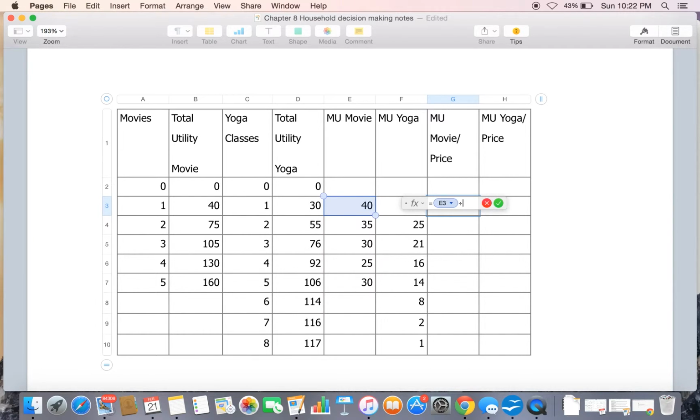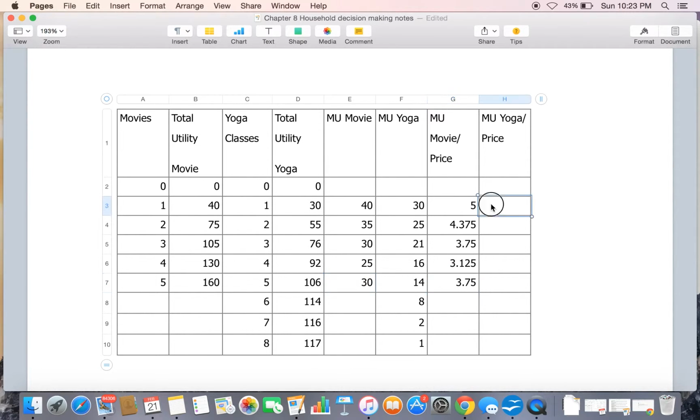So we know that movies cost $8, so we're going to divide the marginal utility of the first movie, the second movie, through the 5th movie by the price of movies. And we see that that first movie is giving us 5 utils per dollar spent. So when we're sitting through the movie, it's an eighth over. We have gained 5 utils of satisfaction on that first dollar. However, when we're watching the 5th movie during this given time period, we're only going to get 3.75 utils of